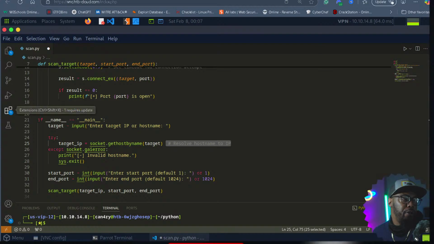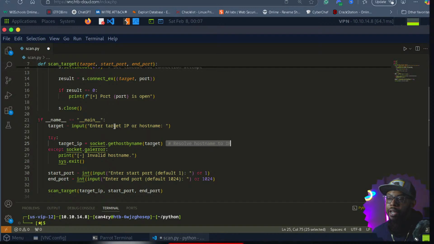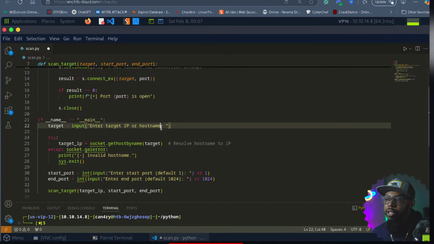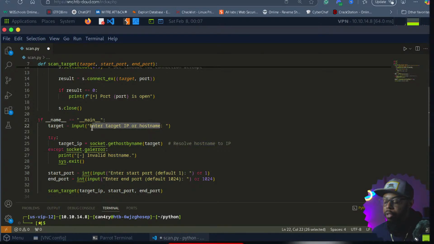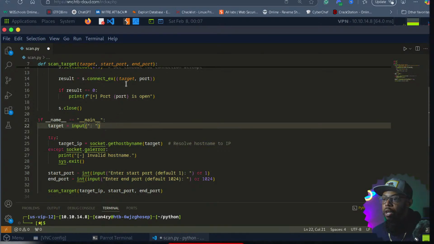So let's see real quick. If target equals main, enter target IP or host name. So right here we have to actually delete this string and then